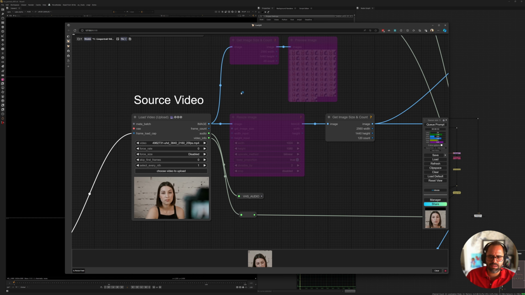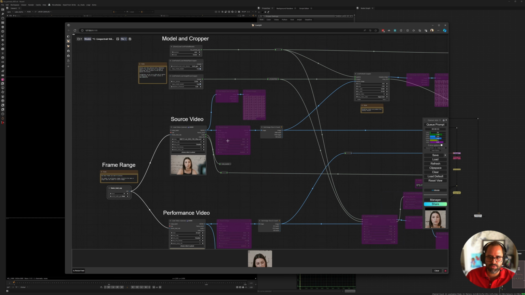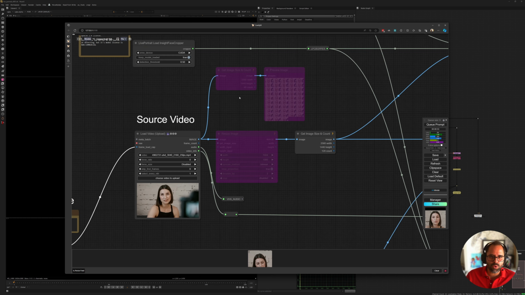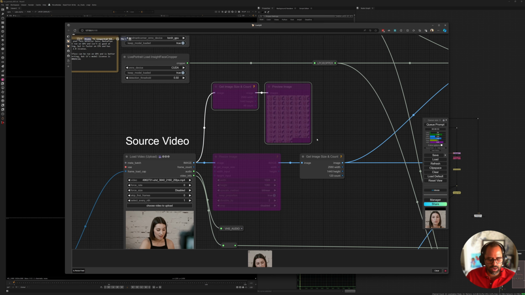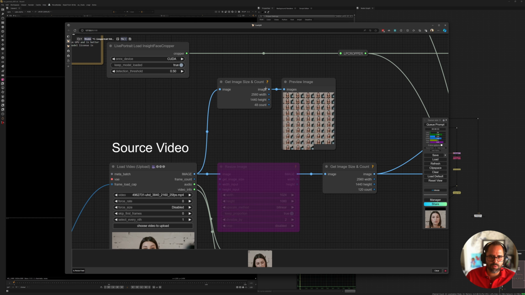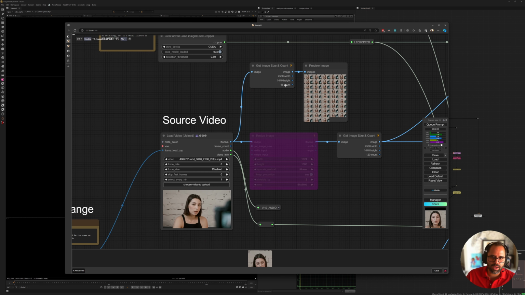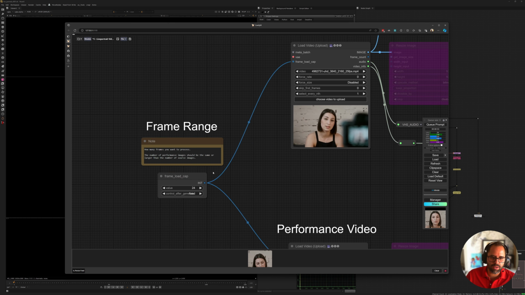But the GPU utilization is actually surprisingly quite low for something that I thought would be very heavy, right? Like AI videos, all this thing that takes a lot of resources, but it doesn't seem to be the case. So I added this thing here, right? So let me just go ahead and enable this. It's just for me to see what the width and height of my videos are, in case I don't want to just check in Nuke, I can just see here, and the count says 48, of course,